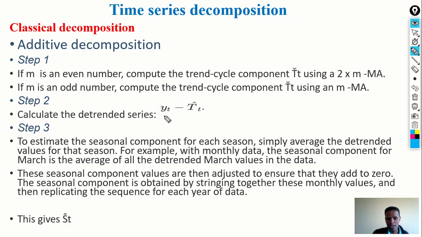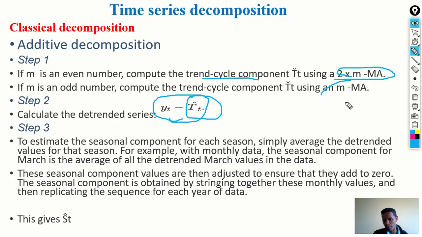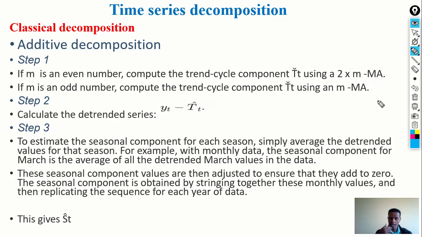This T hat at time t is the trend cycle component, obtained by either of these formulas, for odd or even m. Now the third step, to estimate the seasonal component for each season,